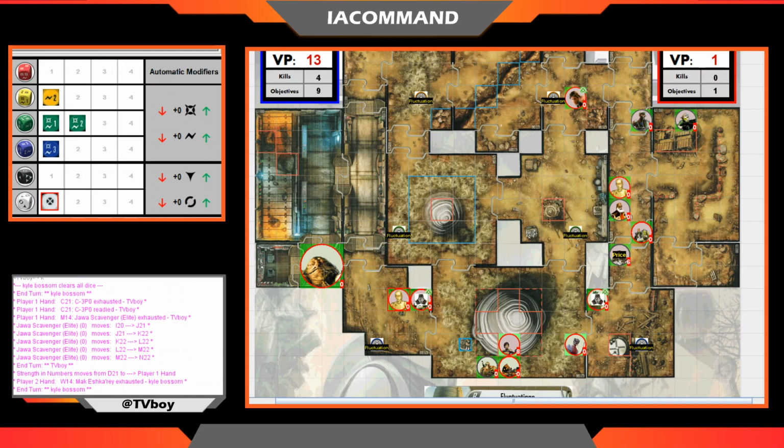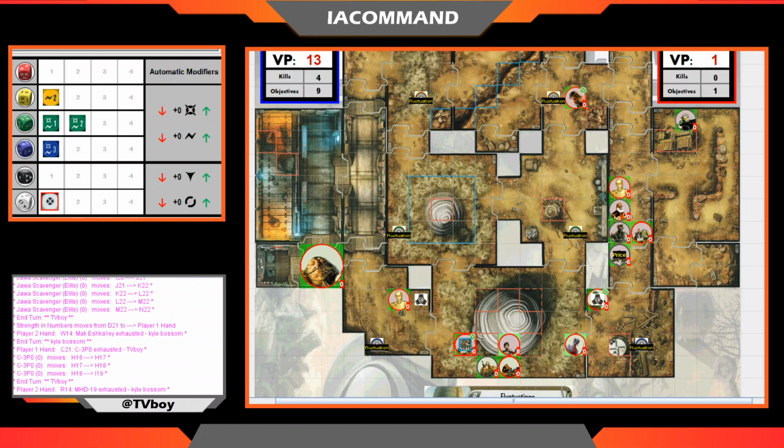And I activate 3PO and realize I can't get to the Fluctuation. So now MHD is moved up to be next to Drakata. He had to double move since he was 5 spaces away. Now I activate Hera. So I think I thought I could move her up here